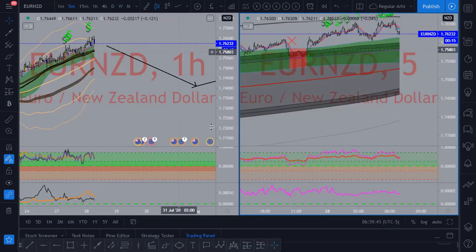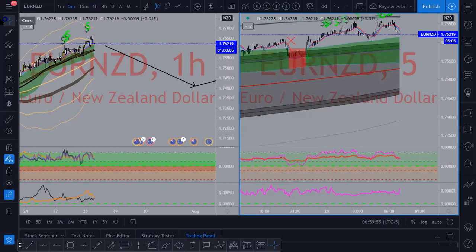And the last pair, oh wait, no, I already looked at NZDUSD. All right, so that's the list, guys. That's the list of pairs that I had mapped out and everything like that. Is there any other pairs you guys want me to look at? I'll look at the Dow Jones